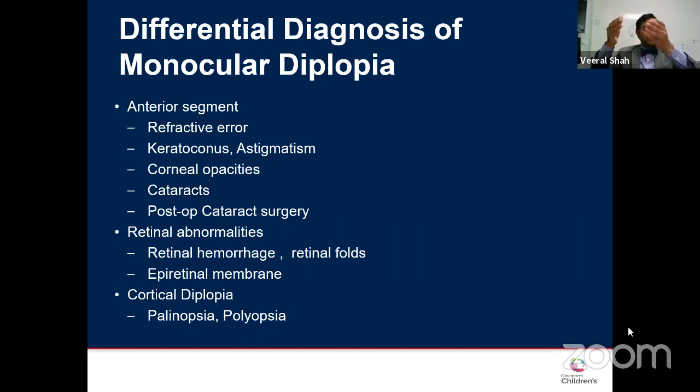It can be, if the cornea is shaped like a cone, it's called keratoconus. That can give you signs that this is double vision. If there's opacities on the front of the cornea, which should be clear like a window. So if you look at a dirty window, sometimes you can see double of things in a dirty window, that's because there's opacities in the cornea, or there's dry eyes, which can actually cause you to